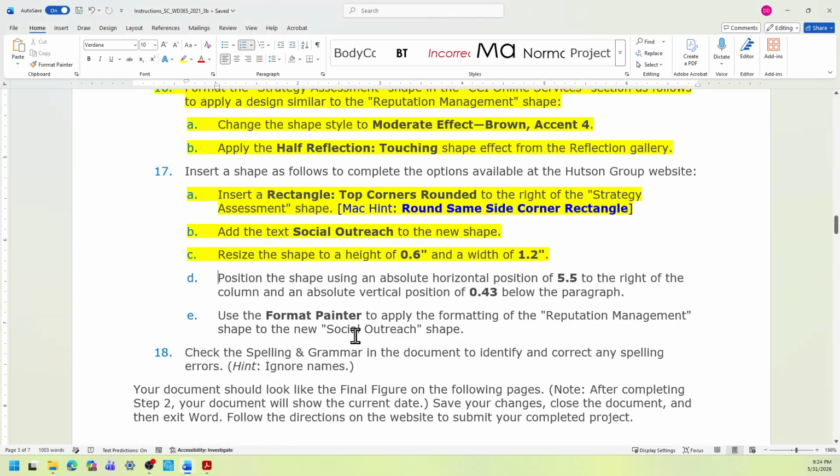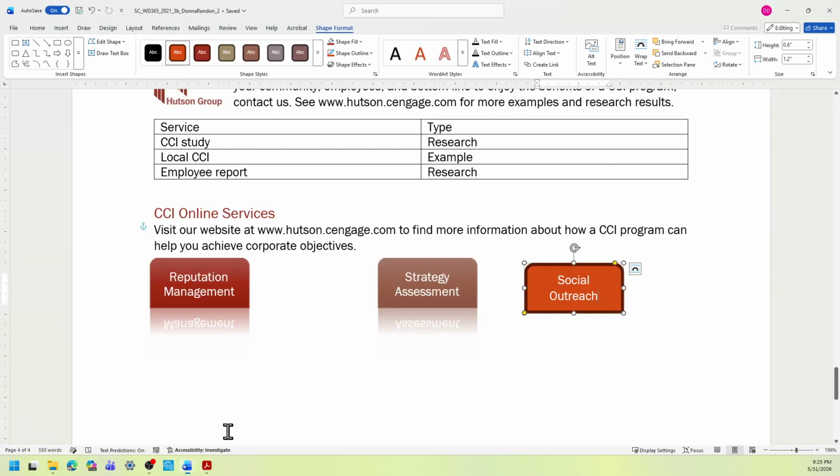Then back to the start file, we're going to position the shape using an absolute horizontal position of 5.5 to the right of the column and an absolute vertical position of 0.43 below the paragraph. Let's do that. So this positioning should be still in the arrange group.